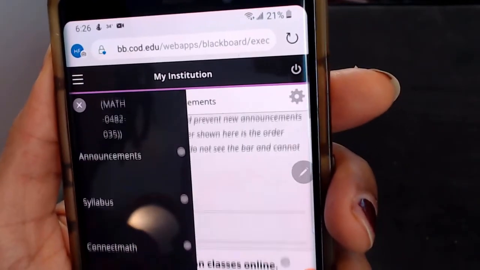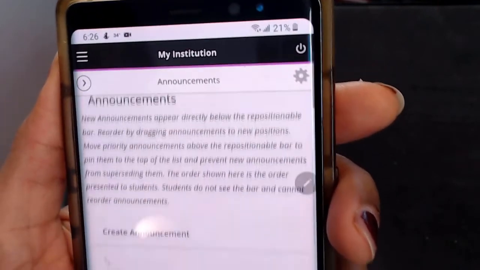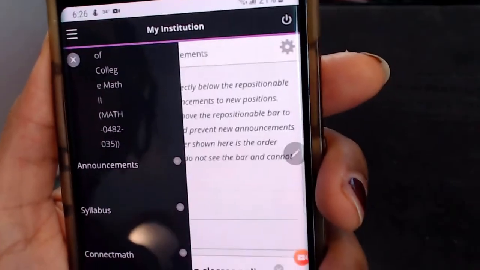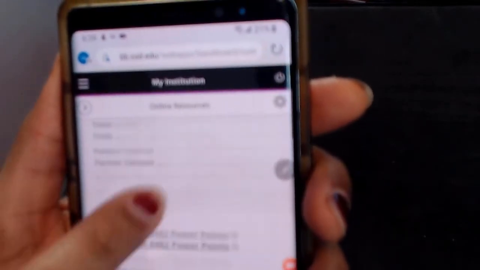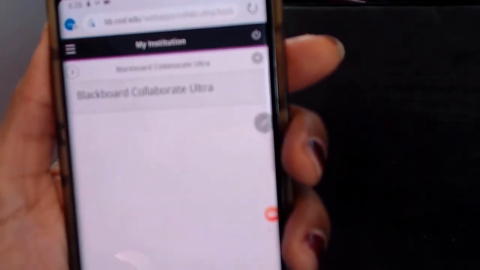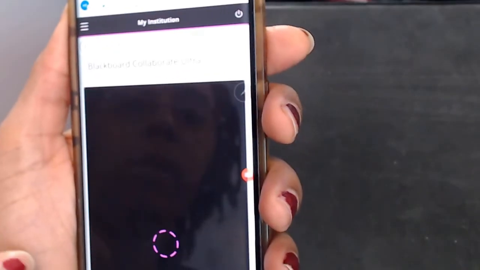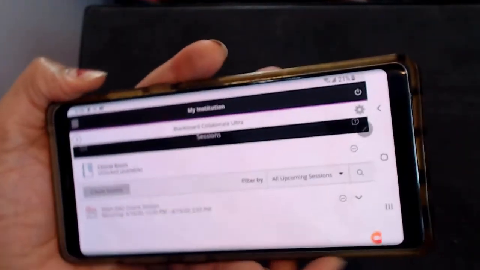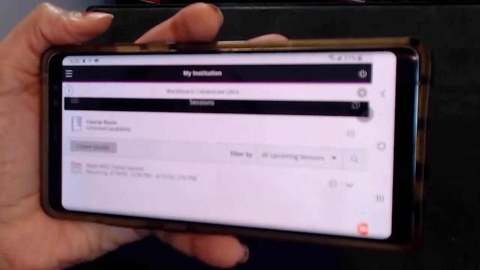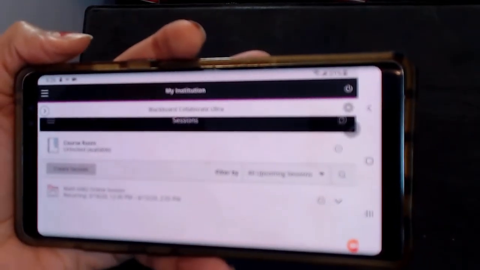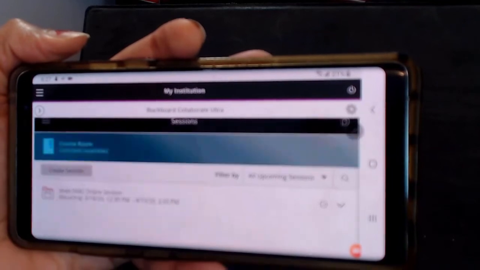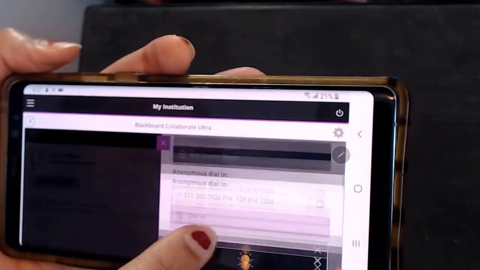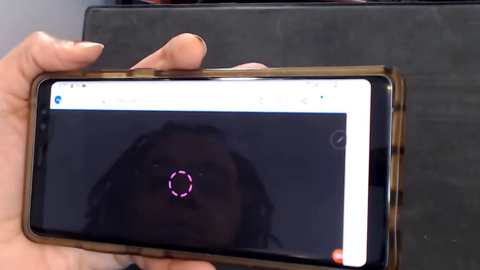side, and I can go to where I've put Blackboard Collaborate Ultra, launch it, and it begins to load up. Now, it might actually be easier to use this in landscape mode, because then it looks pretty much exactly like the interface we had on desktop. Okay, going to the course room, and